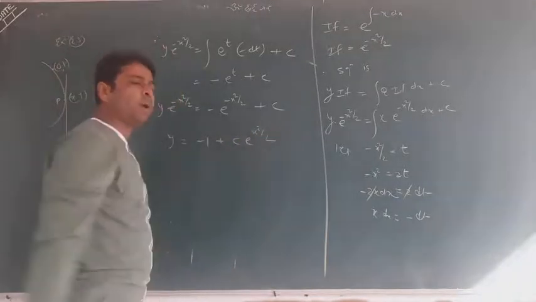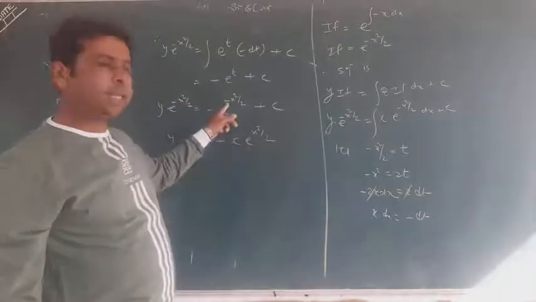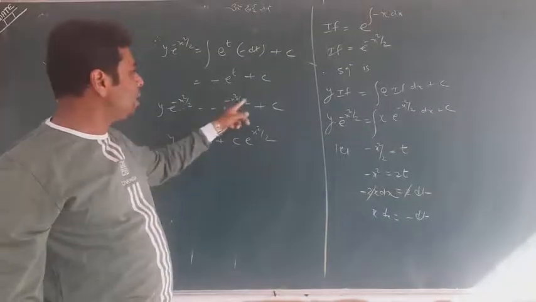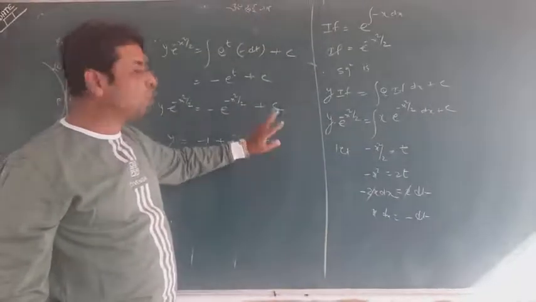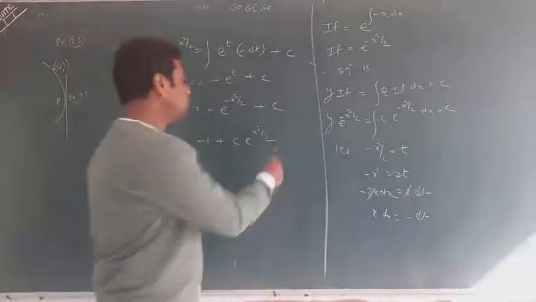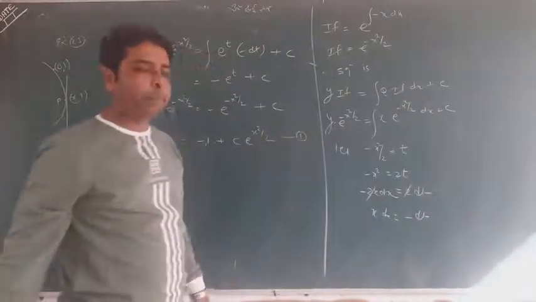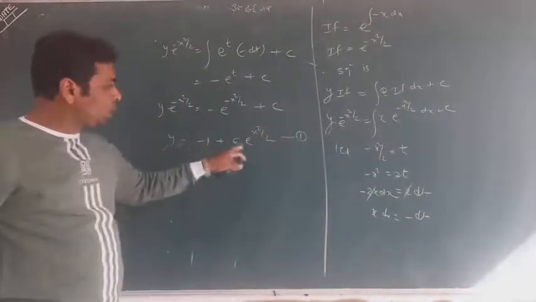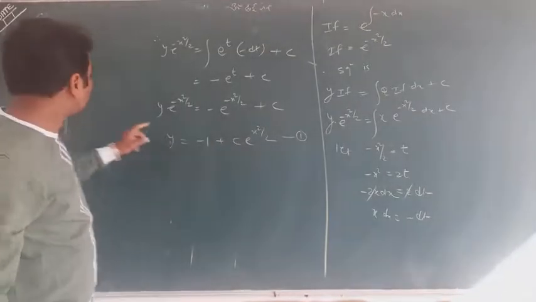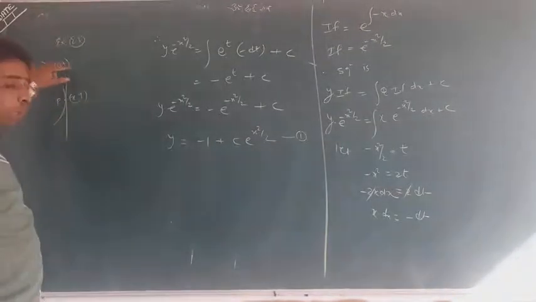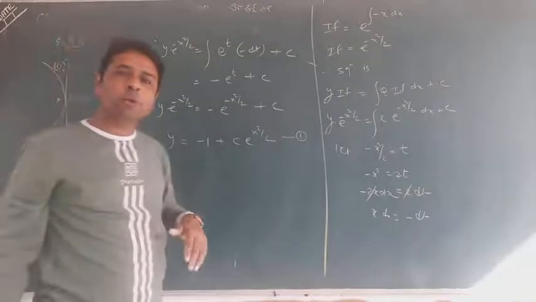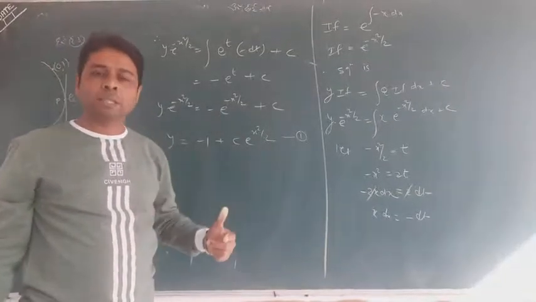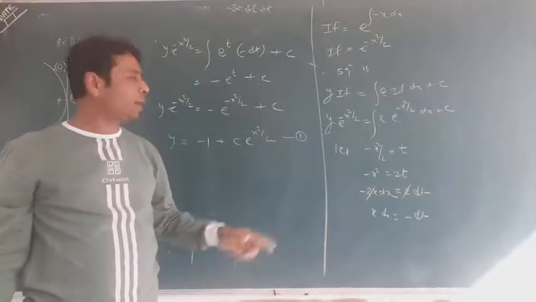You should remember you have divided by e to the power minus x square by 2, so they cancel, and c upon e to the power minus x square by 2 will go upside and give the same term. So this is not the final answer because it is the equation of a curve with a constant c, but we are given that this curve is passes through (0, 1), and now you have come to know why this sentence is given. This sentence is given for finding the value of c.